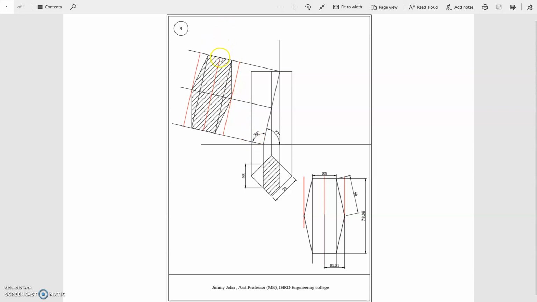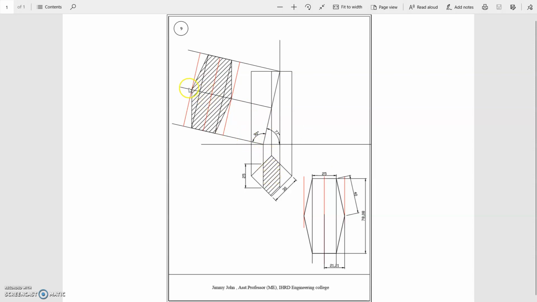First we will draw the center line of this true shape, which will resemble this corner to corner line. Now this distance you will take, and that can be marked to both sides, so that you will get this point and this point. When you consider this projector, you can take this distance on both sides.